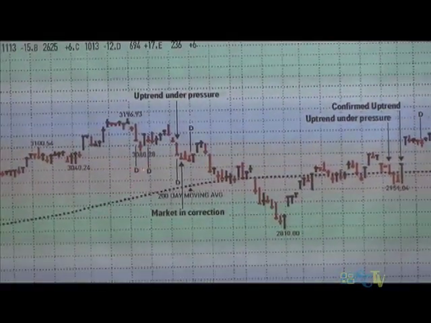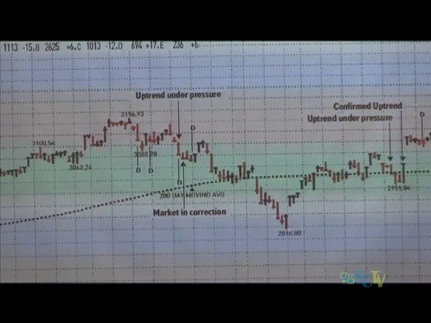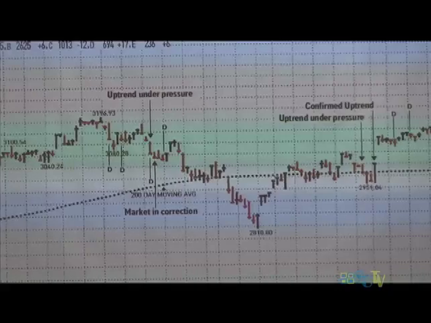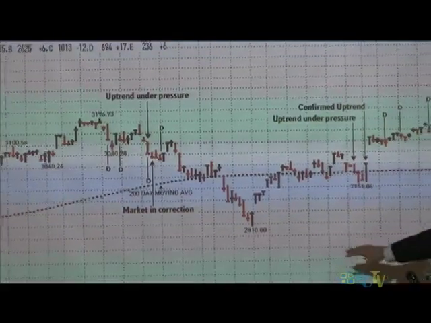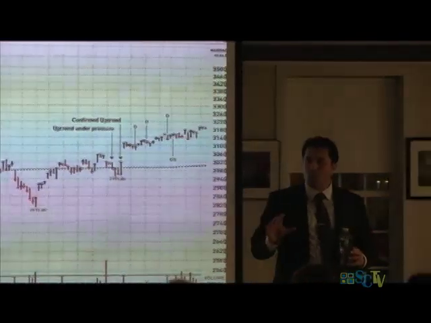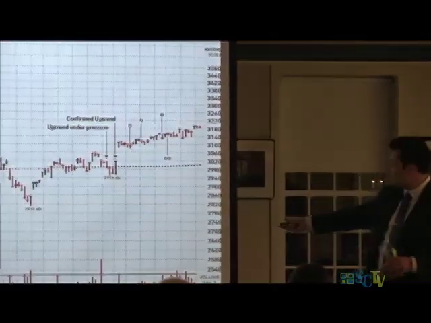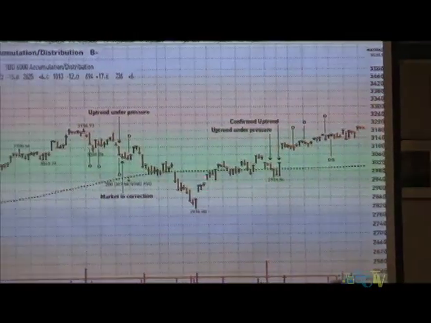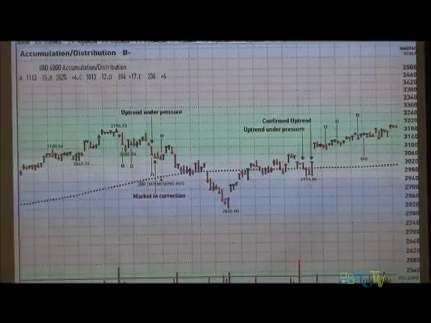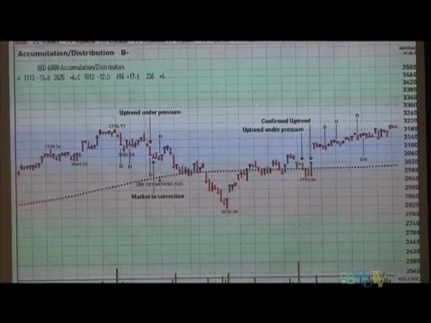And what happens? Well, the market goes through a correction, eventually it finds a bottom, and using this approach, you're never going to get in at the exact bottom. You don't want to. You want to wait for confirmation. So we hit a bottom on November 16th, and on the 5th day, it's not marked on the chart, but trust me, on the 5th day, we had a follow-through day.